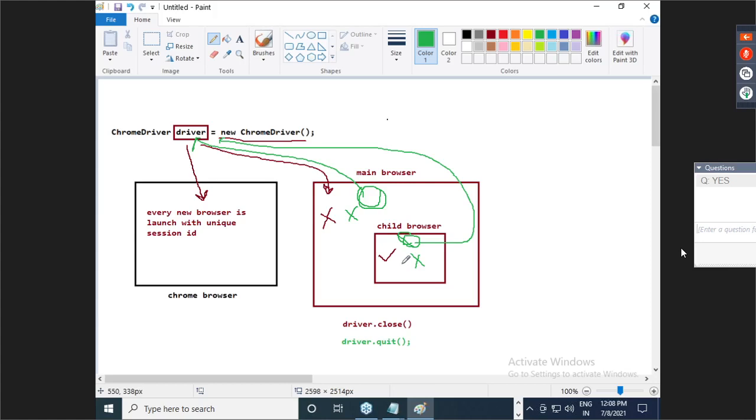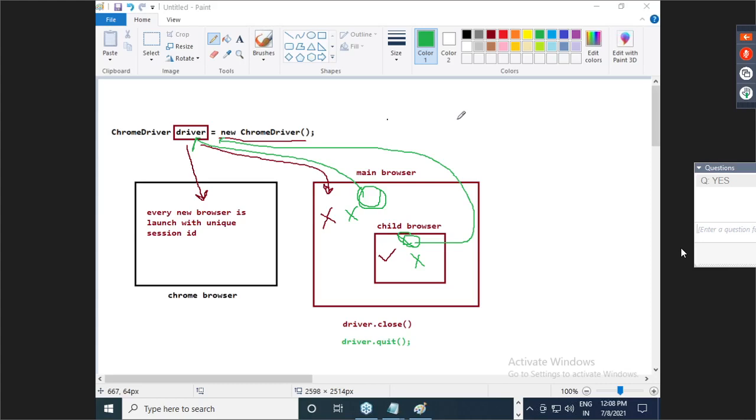Is everyone clear? This is how close and quit are working. Okay. Any confusion, guys? Okay.